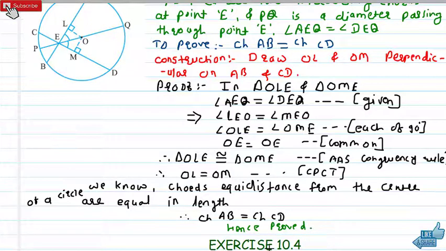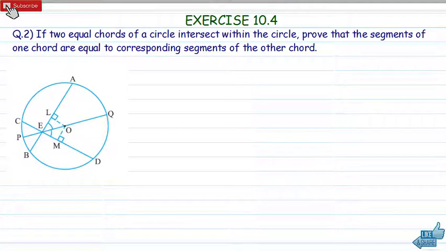Now let's go to solve the next theorem. Actually these are not theorems, these are questions and examples, but they are in the form of a theorem, so you have to write like this. And the remaining two examples are also the same, only the to-prove part is slightly different. So let's see the difference. Now see exercise 10.4 question number 2. In this question, the figure is the same as the previous one, only some parts of the given and to prove are changed, and also the proof.